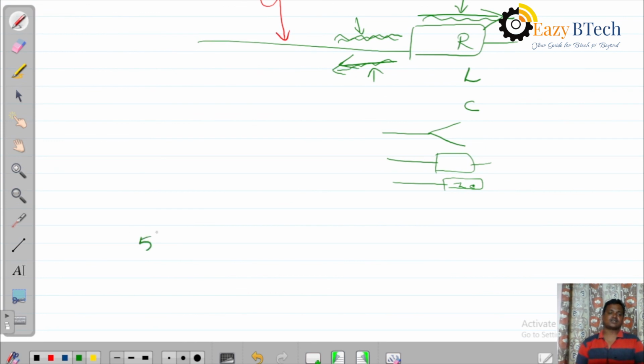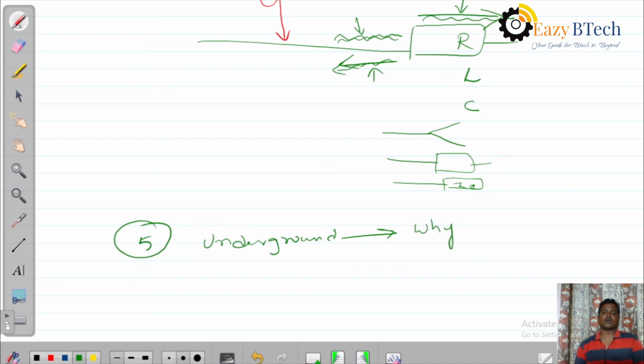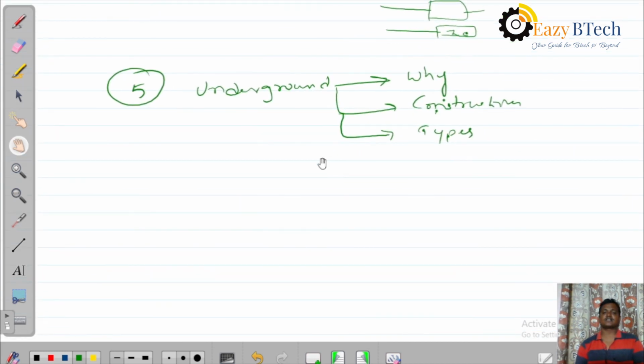And the fifth one is underground cables. In underground cables, we will discuss why we need these underground cables, and where and when we will use them. And the second one is construction of underground cables. What are the layers involved in underground cable construction, and we will discuss types of underground cables, and also we will discuss